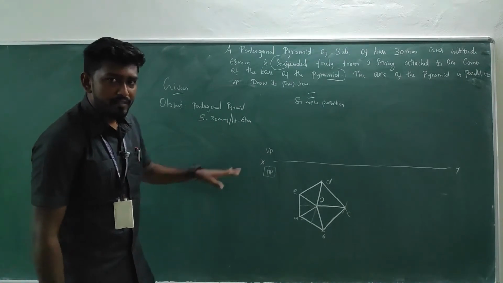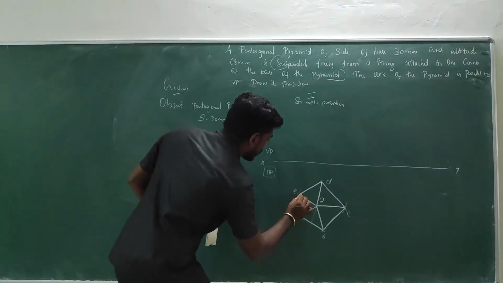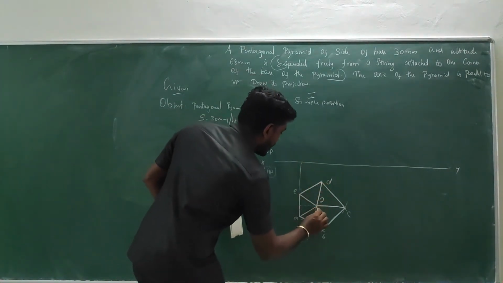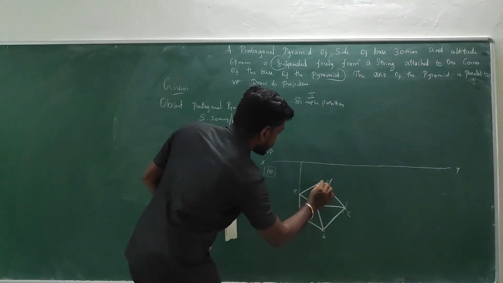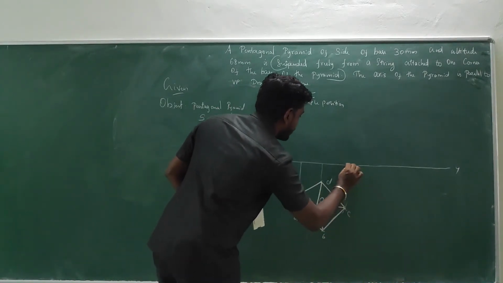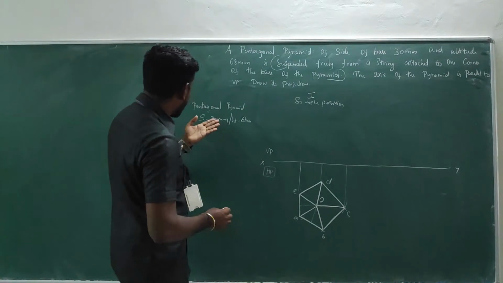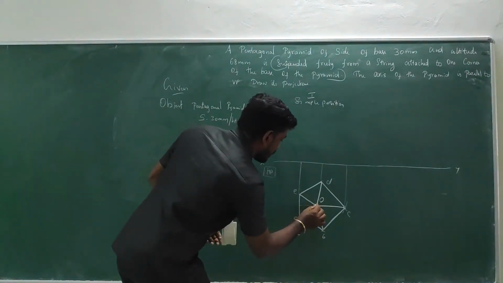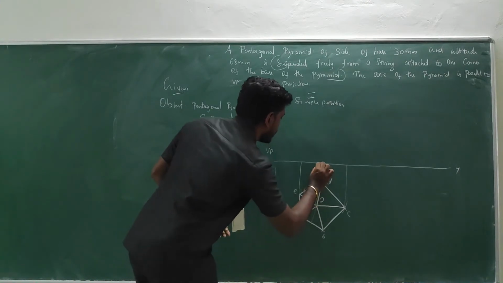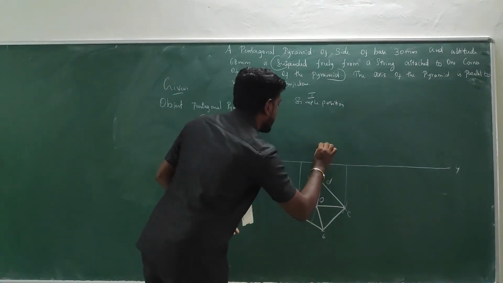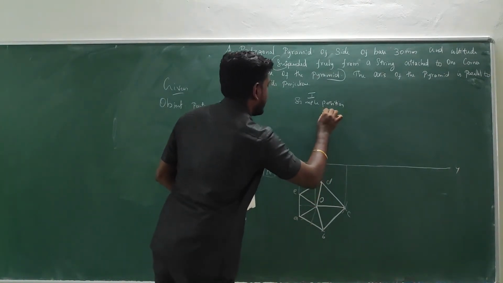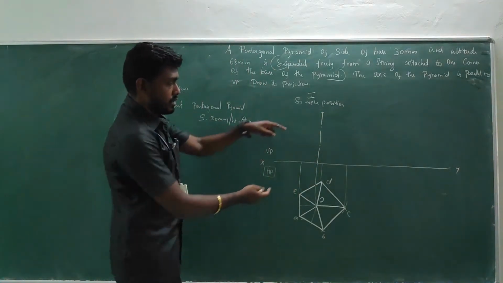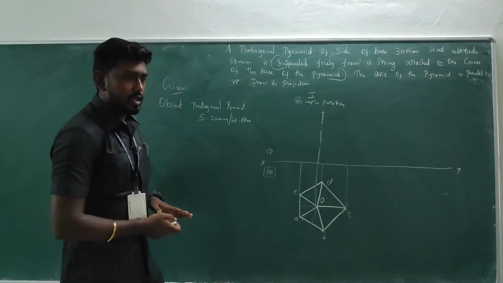Then move to the front view. For that we have to take the projectors. It's a pyramid up to the level of the axis. First of all, it's enough. Okay. What about the axis height? It is 68. Am I right? So from the apex, just take the line, height 68. This line should be 68.